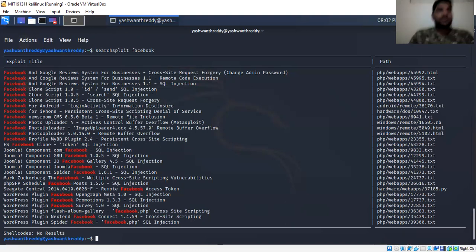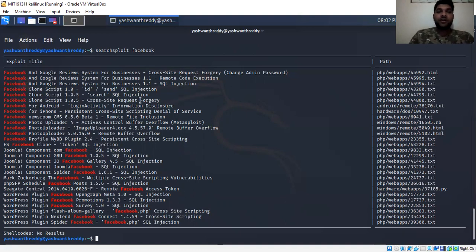Here you can see that searchsploit basically shows us the title and the path. For Facebook, there is a Google review system for business with cross-site issues, a web page, and a clone script with SQL. Mainly in the titles we can see where vulnerabilities exist: SQL injection, whether it happened or not, and cross-site request forgery, where an attacker makes fake requests.